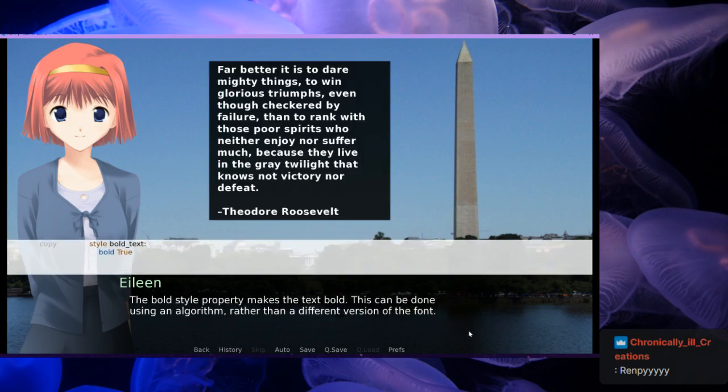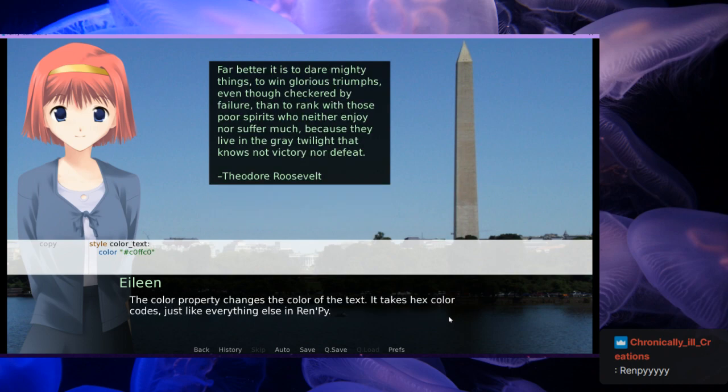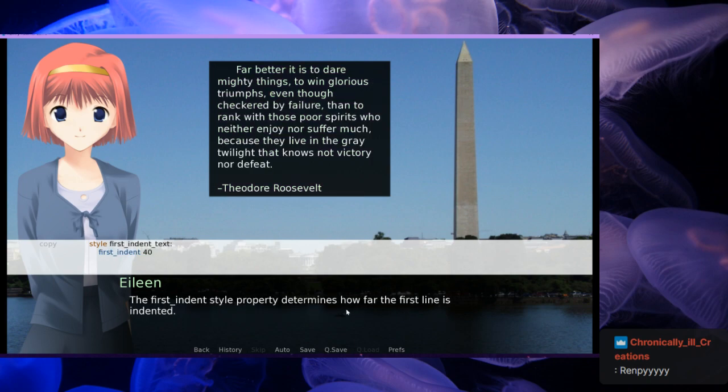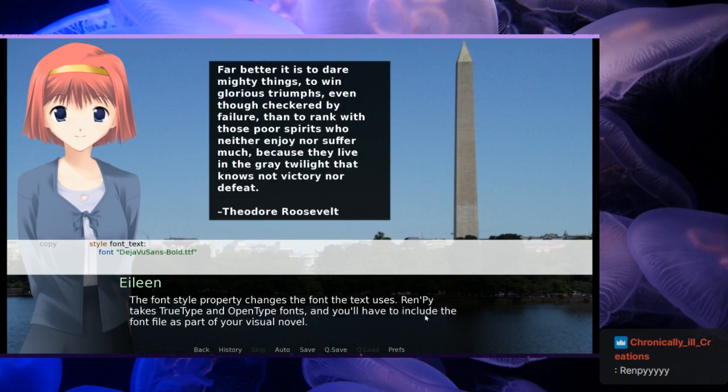The bold style property makes the text bold. This can be done using an algorithm rather than a different version of the font. The color property changes the color of the text. It takes hex color codes just like everything else in Ren'Py. The first_indent style property determines how far the first line is indented.